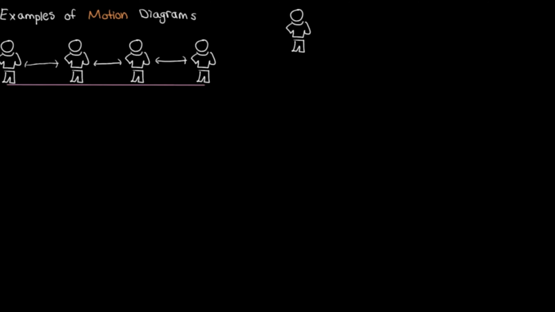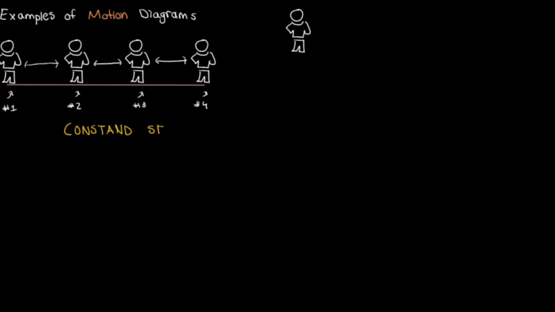So when we look at a motion diagram like this, where this is frame number 1, let's say this is frame number 2, that we're analyzing, frame number 3, and frame number 4. So if these are equal lengths of time in between each frame, and the person is traveling the same distance each time, then if you think about it, this person is traveling at a constant